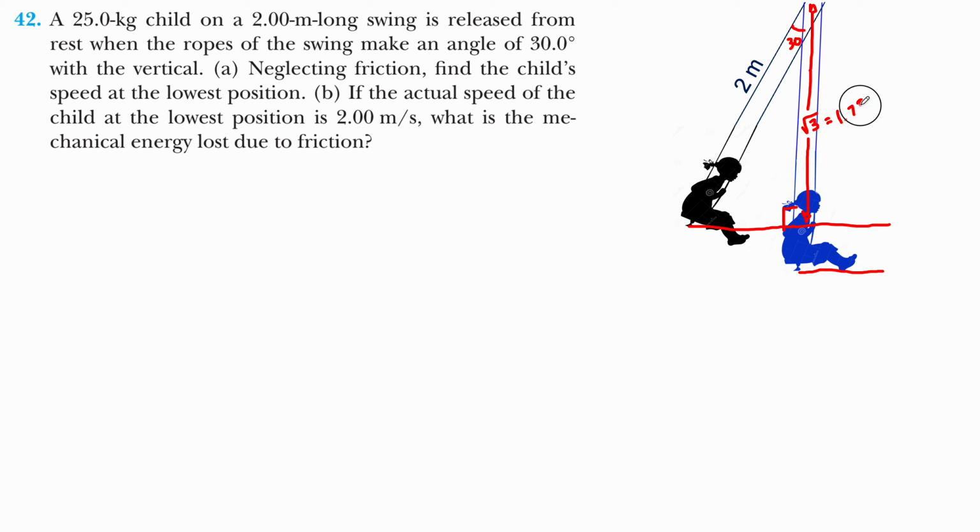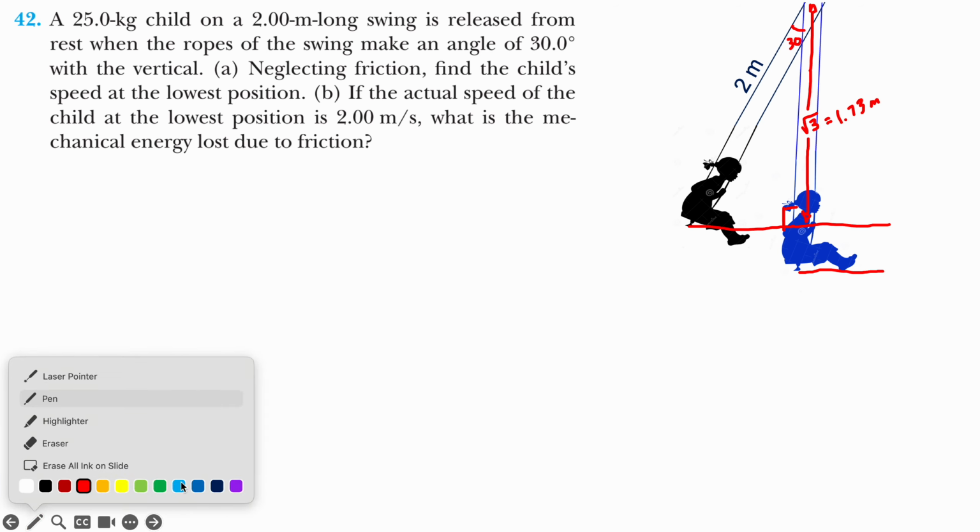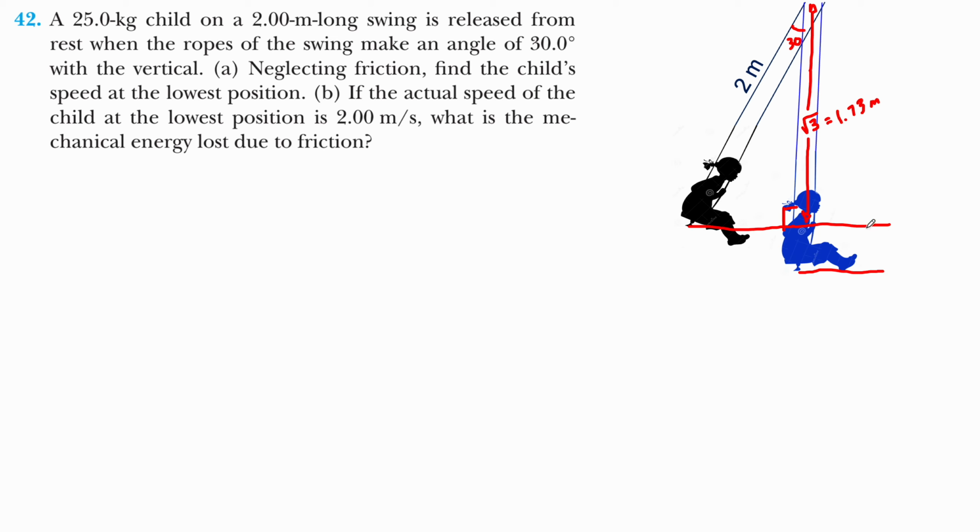And you might say, wait, how does that actually help me? Well, if this is 1.73 meters from the top down to this point, how far is it down from here? Well, it's just the difference between those two. This distance here, we know she's a total of 2 meters below the pivot point. And so if we subtract that, we'll discover that she is